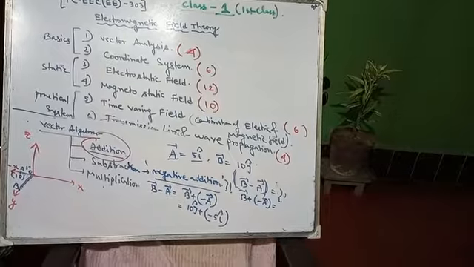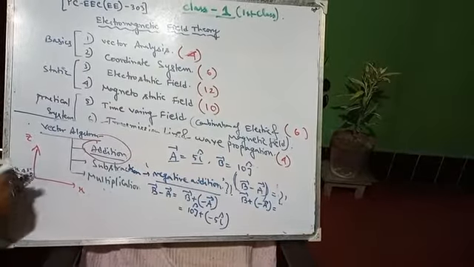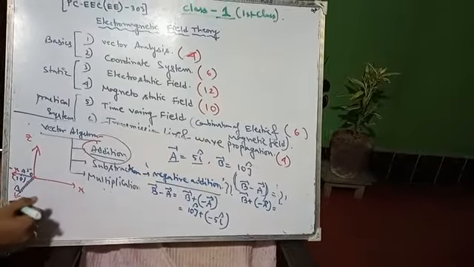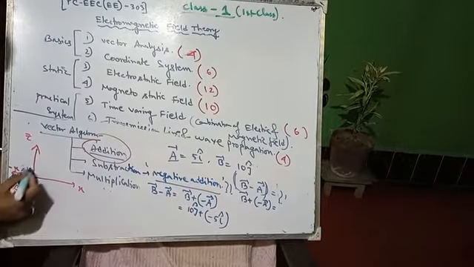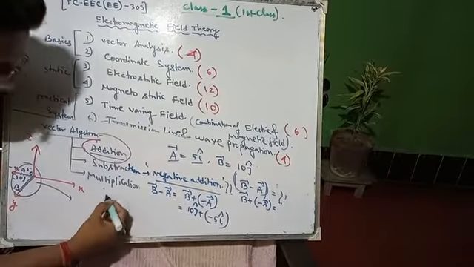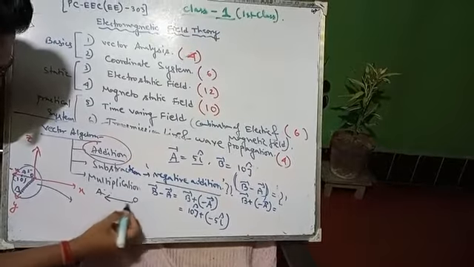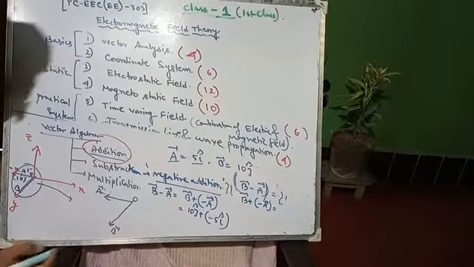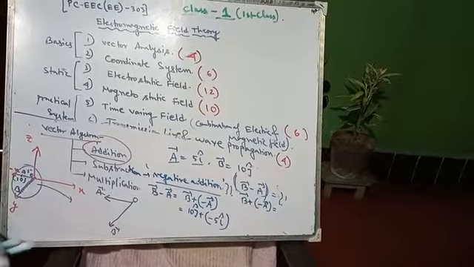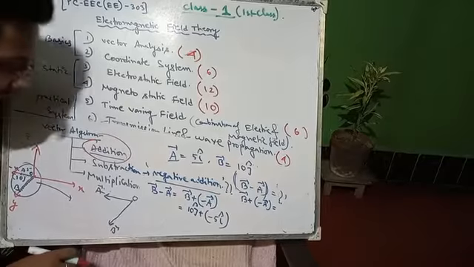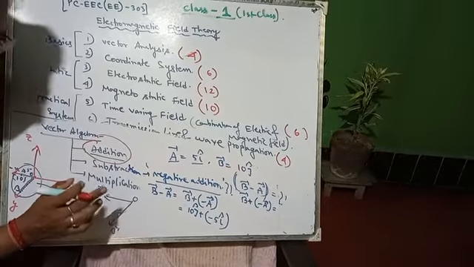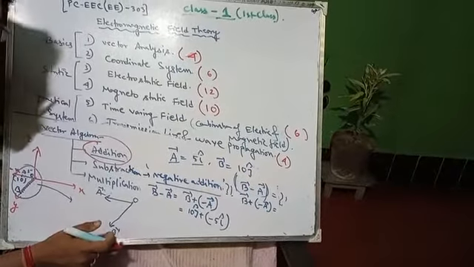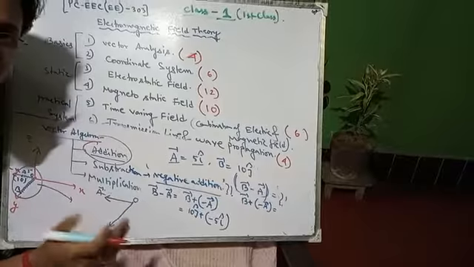Before the previous one I had to draw a parallelogram. So now understand it by making the triangle rule. So what is the triangle rule? Suppose this is your OA, this is your OB. You have to add these two vectors this way, taking these two as two adjacent sides of a triangle.